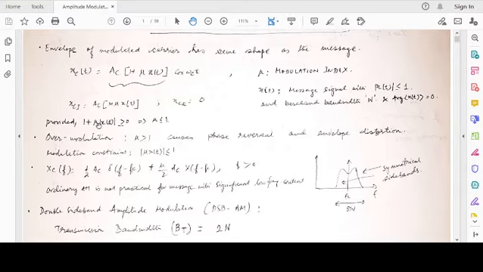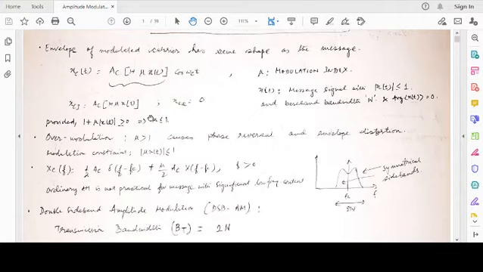So here is a mistake: 1 plus mu xt, it is not 1 plus mu mod xt. So for values of xt where it is negative, we expect that this should be greater than or equal to 0, that means mu should be less than or equal to 1. So for mu less than or equal to 1, we can faithfully recover our signal from the envelope itself.